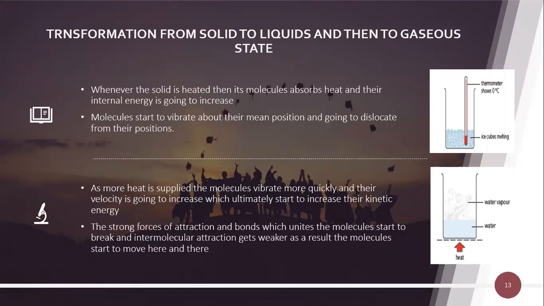As the supply of heat continues, what is happening? The internal energy increases again and again, and their collisions keep increasing. On the supply of heat up to a specific limit, the molecules start to vibrate more frequently and their collisions increase more frequently. So the kinetic energy of the molecules increases, because due to the collisions and the increasing internal energy, their velocity increases, and due to the velocity, their kinetic energy increases.